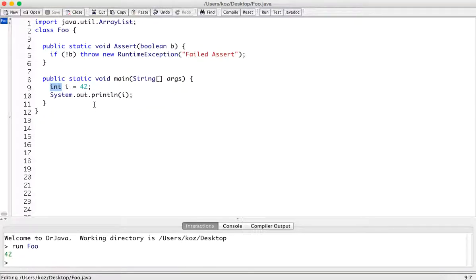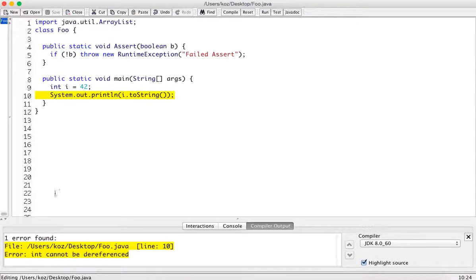Int, bool, float, double, those are all primitives. They're not objects. But Java is chiefly an object-oriented programming language, and so these primitives are kind of weird in that regard. For instance, there's a method called toString, and every single object implements it. So you should be able to take anything in Java and call toString on it. But if I try to do this on a primitive, it says that int cannot be dereferenced,